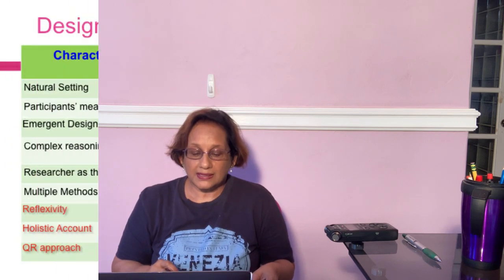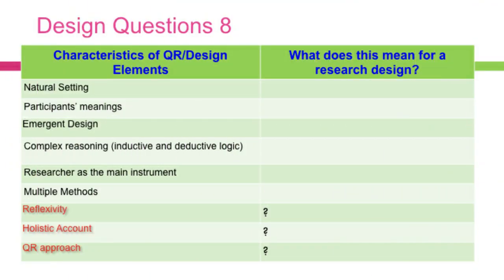So design question 8, we have the rest of the design elements that Creswell spoke of, and I have just put them together here. One is reflexivity, one is having a holistic account, and one is the approach. Well, you always have to say what qualitative research approach you are using. And you would have learned, I think last week in Dr. Harry's session,